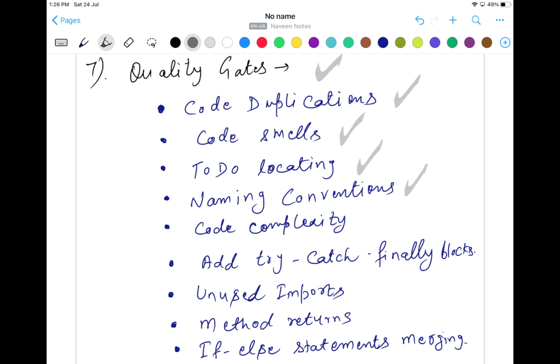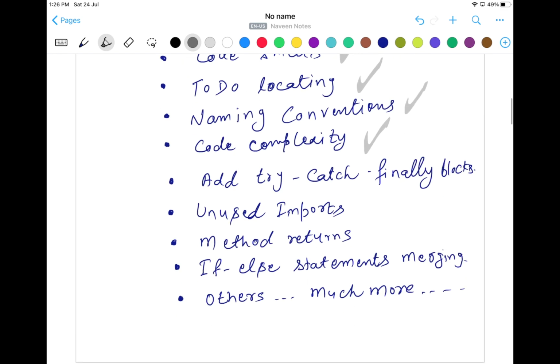All the naming conventions for your variables, for your methods, for your classes, whatever you are writing, all those things will also be checked. It will in fact check your comments as well. It will check your code complexity, how complex the code you have written is. If any improvements are needed, it will definitely give you some suggestions. And then it will check the try, catch, or finally blocks you have written. If you are not handling an exception properly, or, let's say, you are not closing the file system or database connection inside the finally block, it will check those things as well for sure.